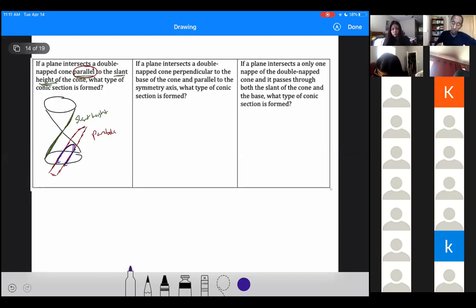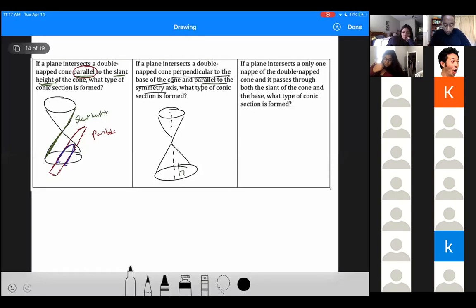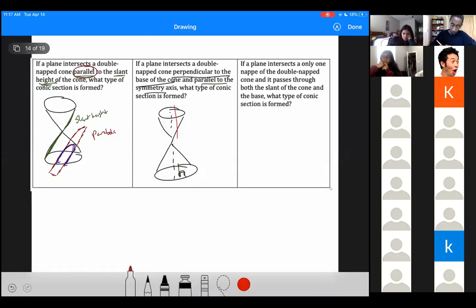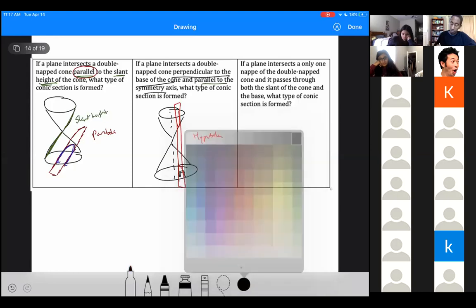So y'all try these 2 right here, okay? I'll give you some time to try them. So it's perpendicular to the base of the cone, so it crosses at a 90-degree angle. Parallel to the symmetry axis, meaning it doesn't cross. So it would be like that, something like that, which would create a hyperbola, because it crosses both of the nappes of the cone. Okay. The second one,